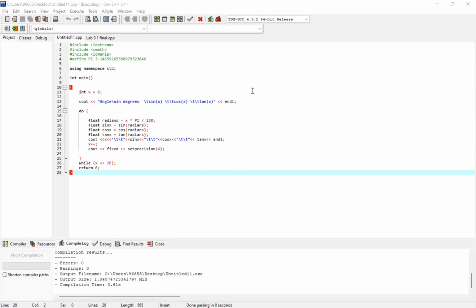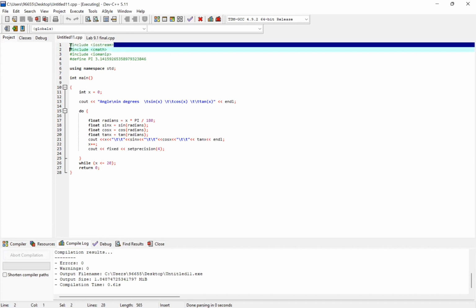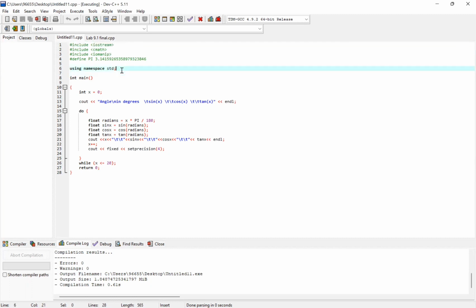First one is the include iostream, which we have discussed in the previous activities already, which is a really important code, as well as using namespace std, because with these two codes, our computer will be able to read the program. Without them, there is no program, or there will be no output given to us. So your codes will be nonsense without them. Next